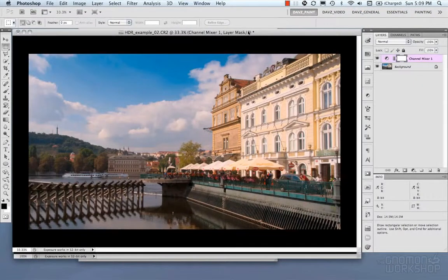Now in this chapter we're going to talk about HDR. And HDR is sort of like the new rage in photography, and for very good reason. Basically it expands the tonal range of an image, allowing you to have greater editing flexibility without degradation to